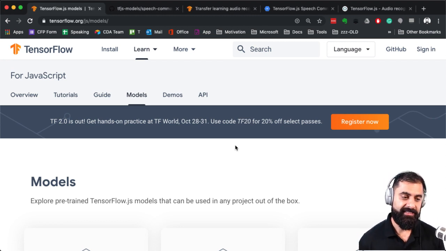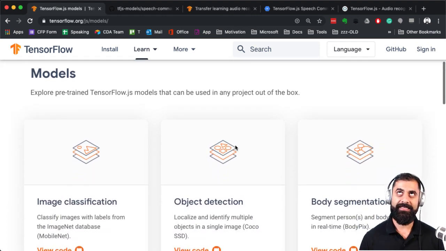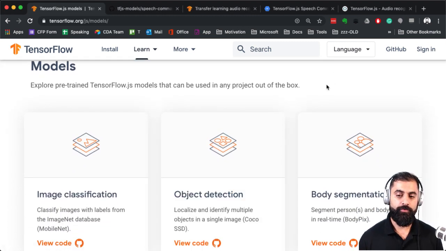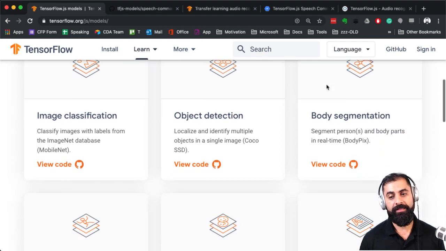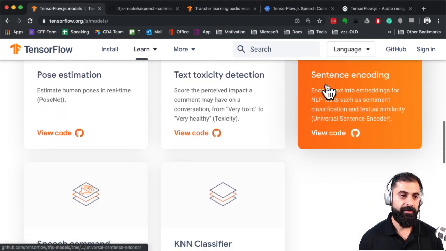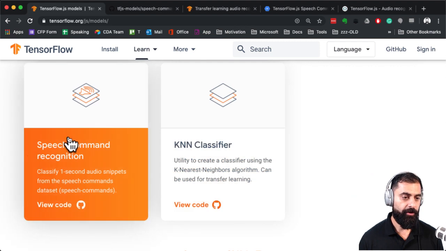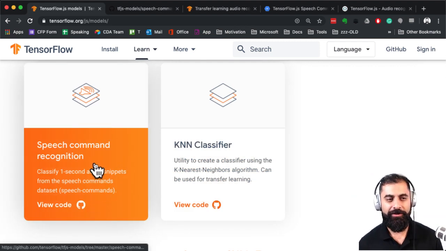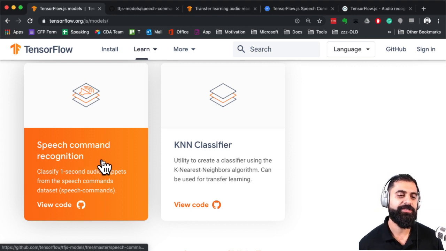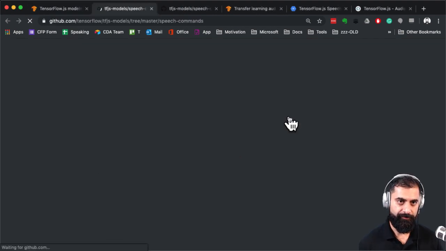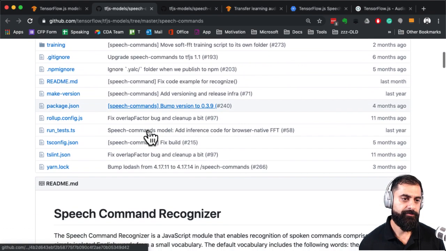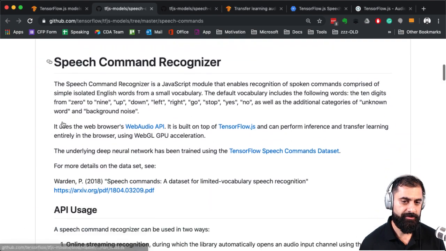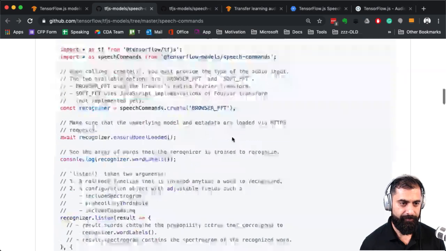But what's really exciting on my side, what's really inspiring in my way, is to use one of the pre-trained models, and that's one of the really interesting parts about it. So the one we're going to play around with, I knew enough where to start, is the speech command recognition module. Okay. So if you go there, this is the project. You can play around with it, do the stuff, and it tells you how to use it.